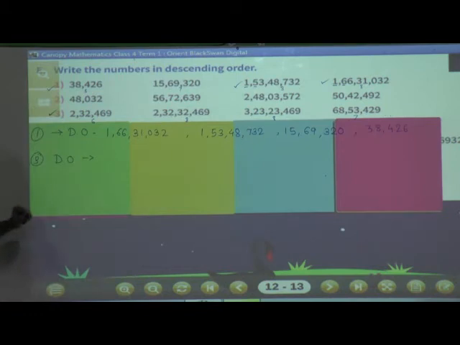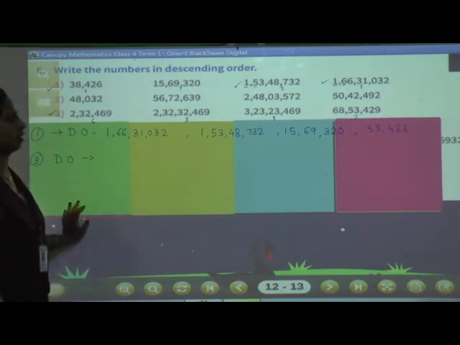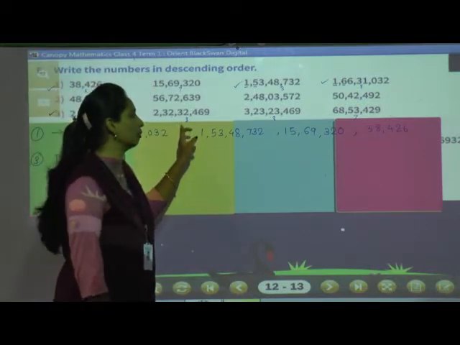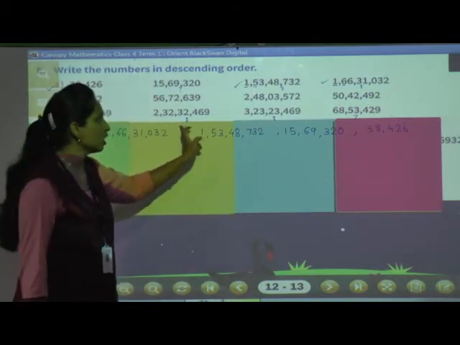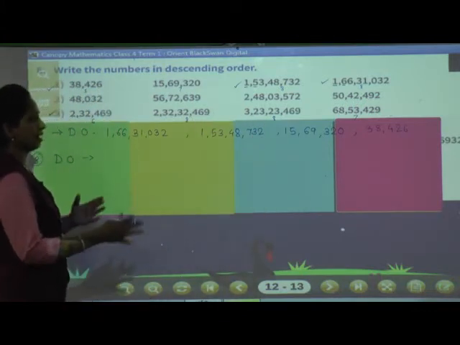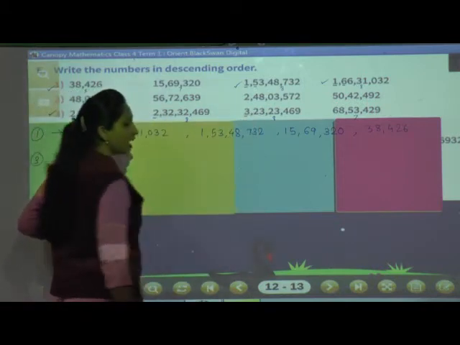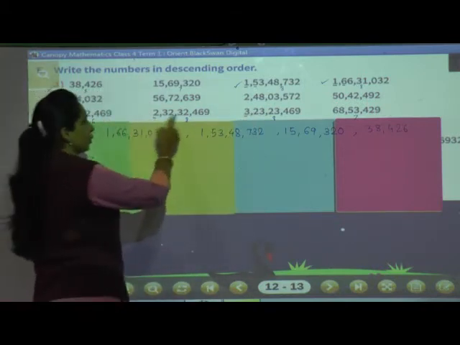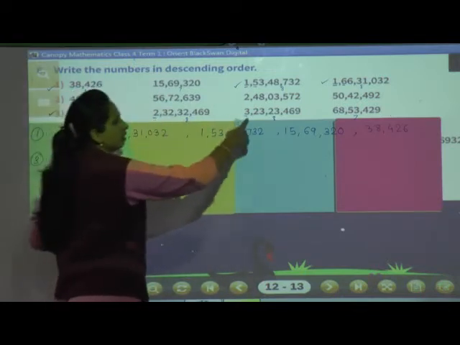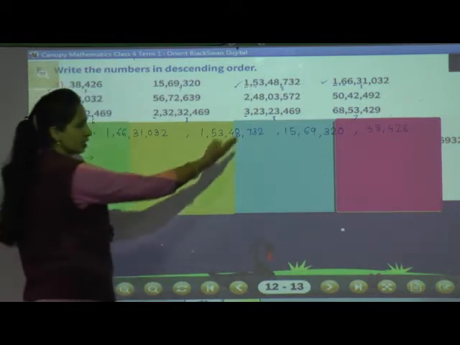Again, now we have to find the largest number first. So when we are looking for the largest number, automatically we will go with the 8 digit numbers only. So we have two largest numbers here. In that, we have to see which is largest. So underline the first place, the highest place value, that is the crore place. In both the numbers, can you see here 2 crore, here 3 crore. Now can you tell me which is highest or which is largest?